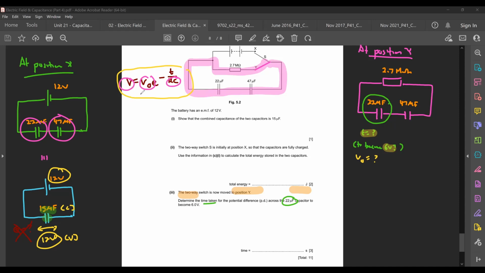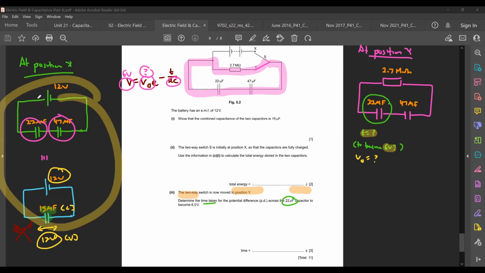You know what your final voltage is. It's going to be 6 volts, but this one is unknown. Okay, so how are you going to find out what your initial voltage is for your 22 microfarad capacitor? Now this is when you have to refer back to the diagram that you've drawn here. Okay,